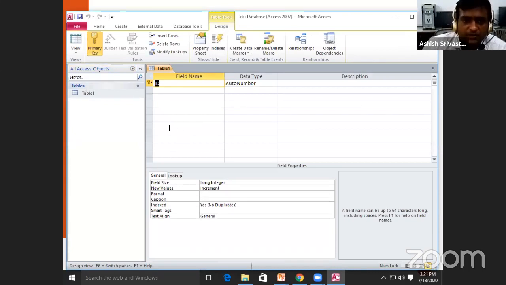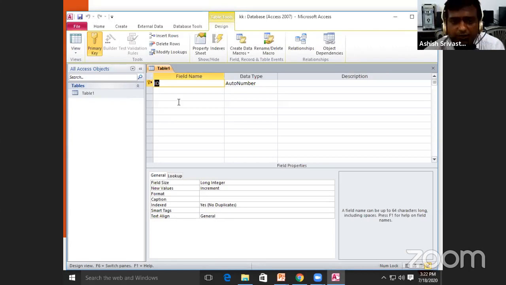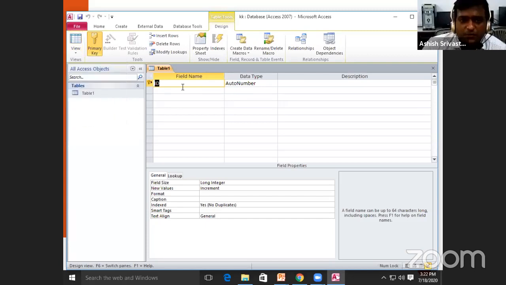टेबल डिज़ाइन करने का क्या मतलब होता है, जैसे यहाँ पर हम व्यू देख पा रहे हैं कि different types of views are here: डेटा शीट व्यू, डिज़ाइन व्यू, पिवट टेबल व्यू, पिवट चार्ट व्यू। डिज़ाइन व्यू का मतलब क्या होता है, जैसे मान लीजिए कि हमें स्टूडेंट से रिलेटेड कोई एक डेटाबेस बनाना है तो मुझे ये डिसाइड करना पड़ेगा कि डेटाबेस टेबल में कितने नंबर ऑफ कॉलम्स होंगे, कितने नंबर ऑफ रोज होंगे और जो डिफरेंट कॉलम्स होंगे उसमें क्या क्या किस तरीके का डेटा स्टोर होगा। ये सारे एक्शंस परफॉर्म किए जाते हैं डिज़ाइनिंग फेज में। इसलिए सबसे पहले कोई भी टेबल बनाने से पहले हम डिज़ाइन व्यू में ये सारी चीज़ें डिज़ाइन करते हैं कि टेबल में कितने कॉलम्स होंगे, डिफरेंट कॉलम्स में डेटा टाइप क्या होंगे और डेटा टाइप के हिसाब से वैल्यूज़ क्या क्या होंगी।